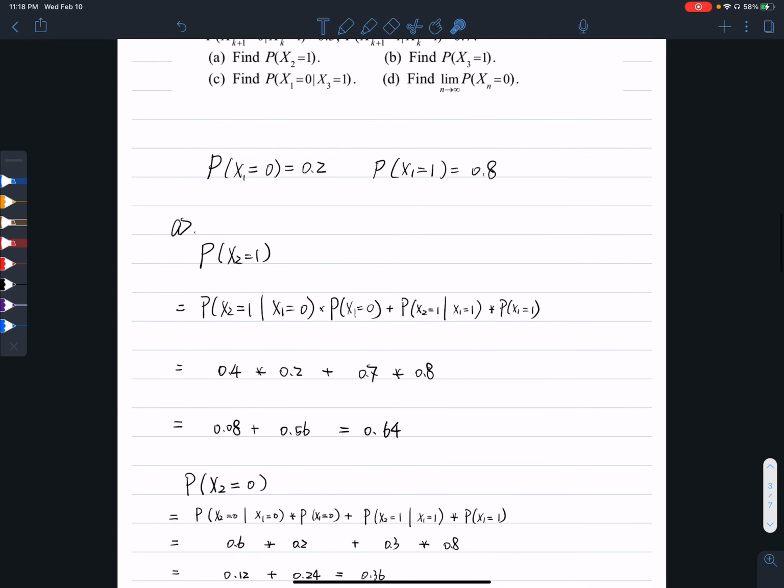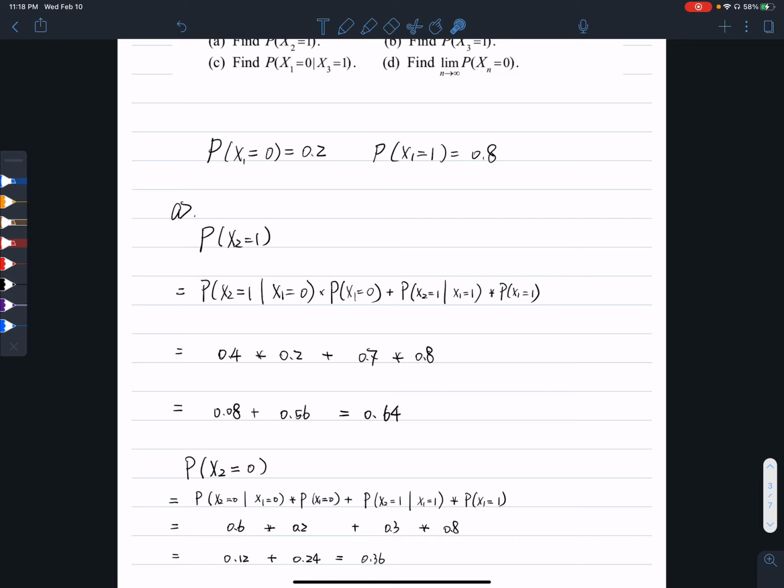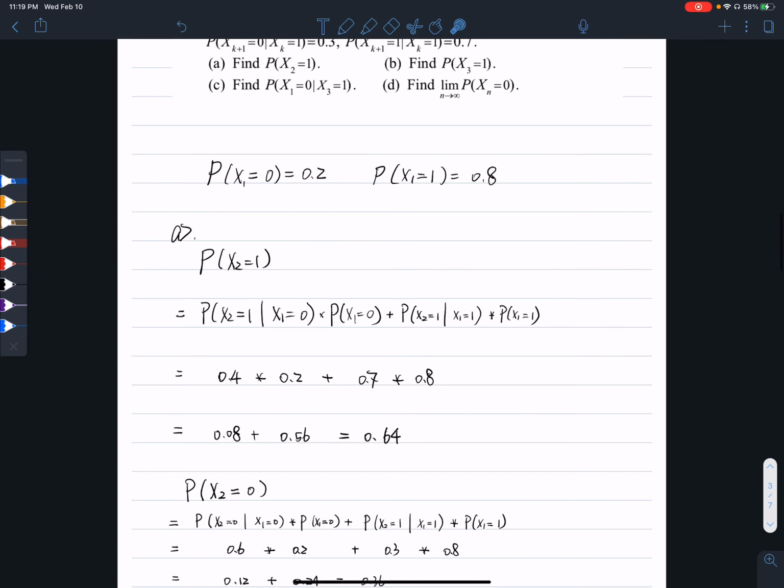So here, there are two conditions we can use to get x2 equal to 1. The first condition is given x1 equal to 0 and x2 equal to 1, times probability x1 equal to 0. And the second is x1 equal to 1 and this condition x2 equal to 1, and then times the probability x1 equal to 1. So we can find from the question